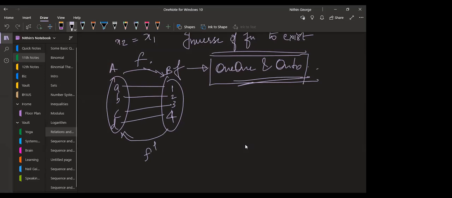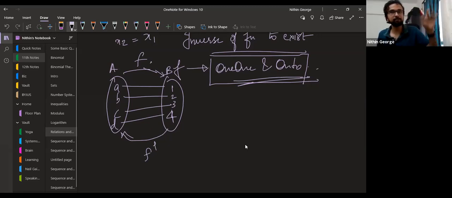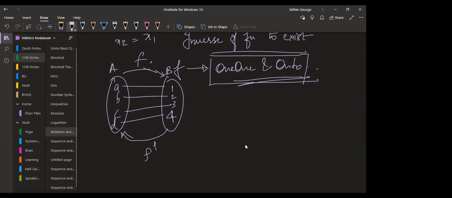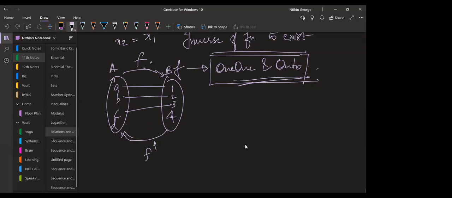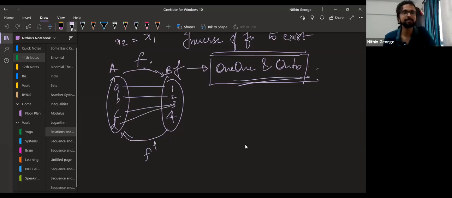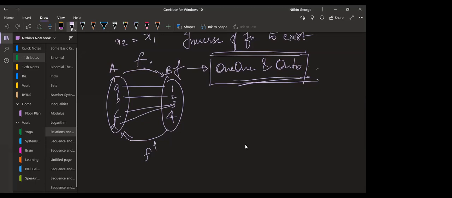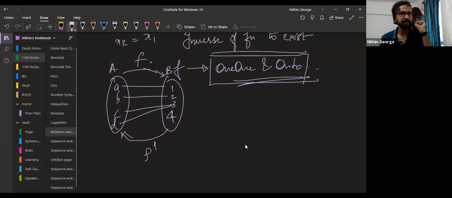Why should it be 1-1 for the inverse to exist? Sir, when you map it from B to A, and if it's many to one, from B to A, it will have two images. So if it has two images, it's not a function. Okay, guys, watch carefully. What he said is absolutely right. So this is a many one function. Agreed?